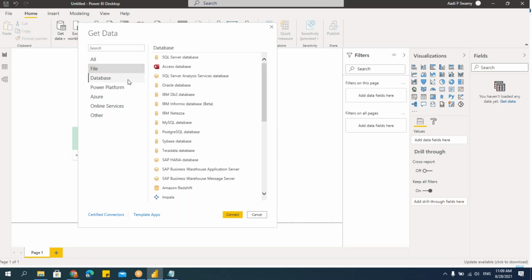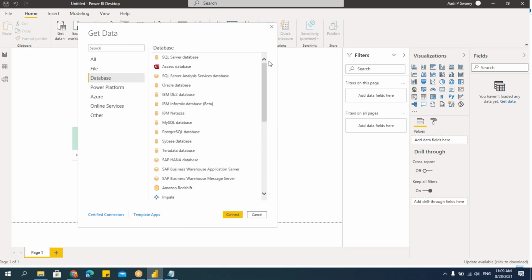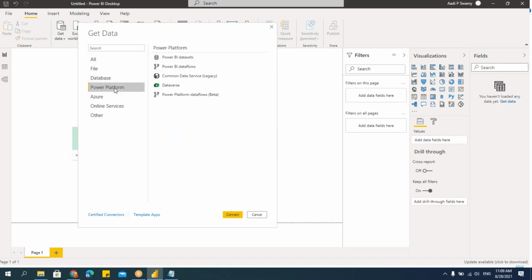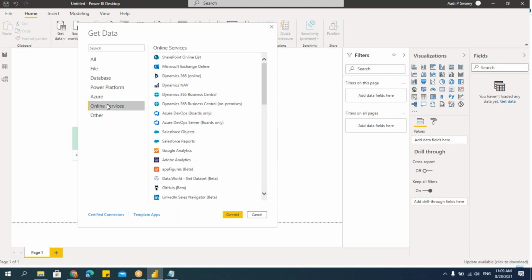Then say Database. Database is what? SQL Server, MySQL. Then we have this Access. So there are so many different databases, that is servers, which you can go and connect to and get the data. Then Power BI, now they have their own platform where I can get the data which is already available in the Power BI online services. And Azure, if you are good in Azure, you have the connection to this cloud, wherein you can go and connect to Azure, you can use this as well. Then online services like SharePoint or Web, those things you can also connect here.